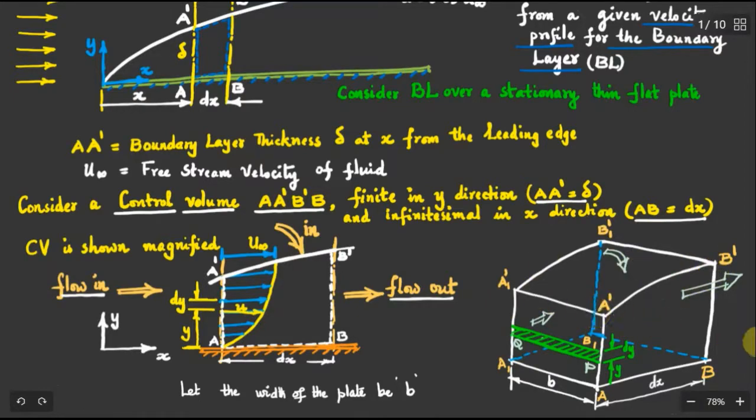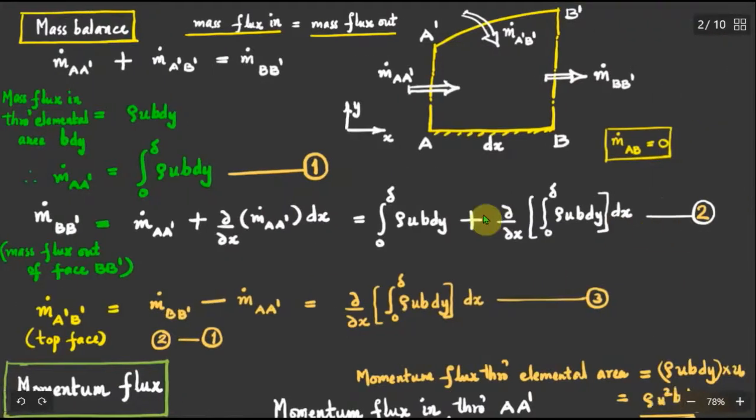See, that is the top phase. And there will not be any mass flow rate through or across the phase AB, as this phase represents the stationary non-porous plate. So there will not be any flow across the phase AB. So there can be flow through these three phases only, m dot A dash, m dot A dash B dash, and m dot B dash.